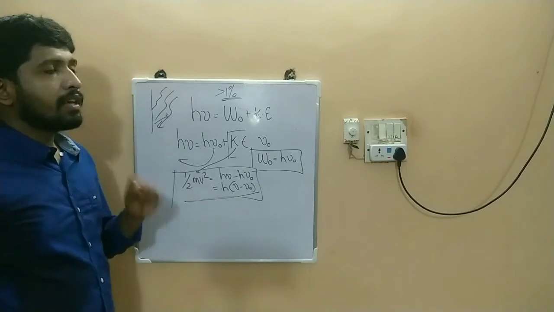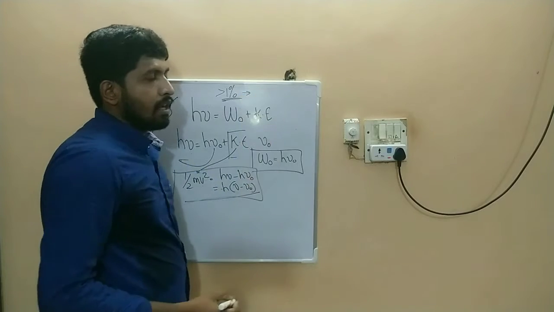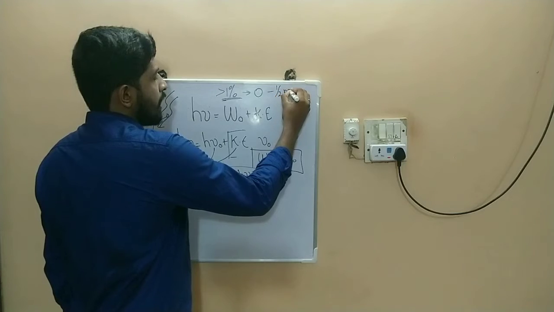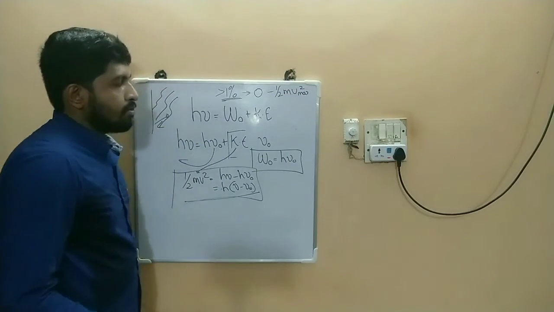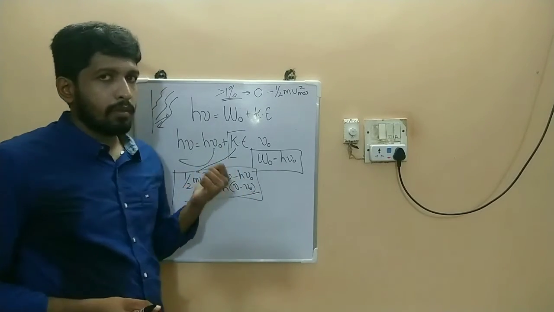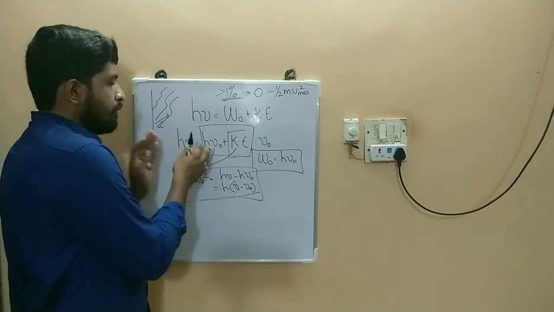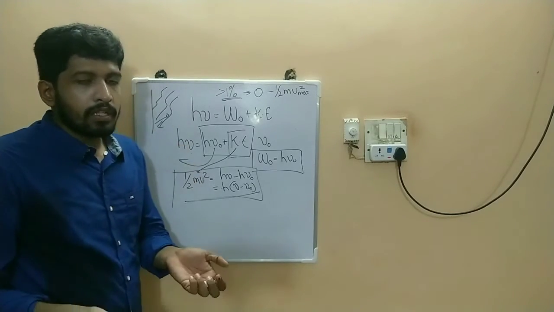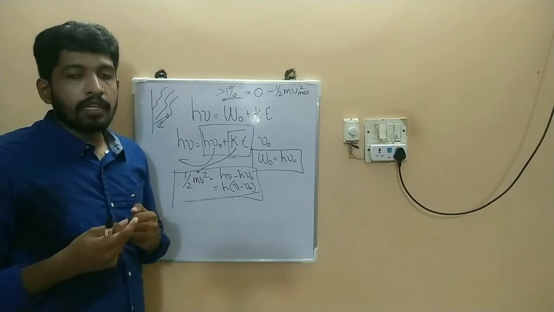And also, out of that 1%, the energy possessed by the electrons may vary from 0 to half mv max square. I have written the v max square. If and only if the collision is proper, the whole h nu gets transferred to these two portions. If the collision is not proper, and it cannot supply enough energy as the work function, the electrons then won't get ejected out.